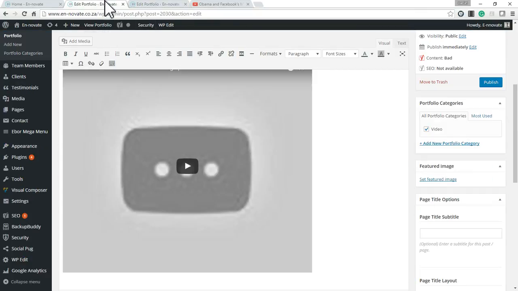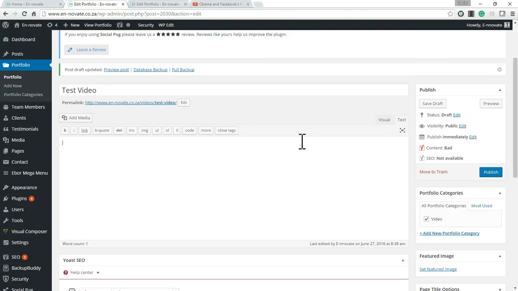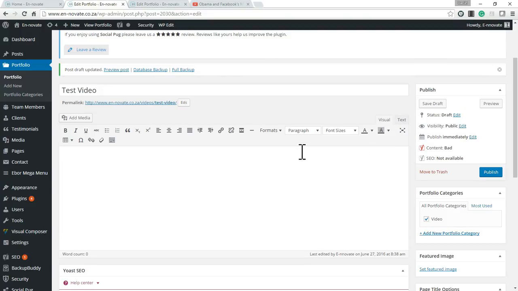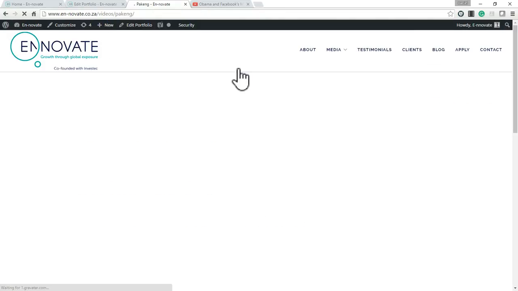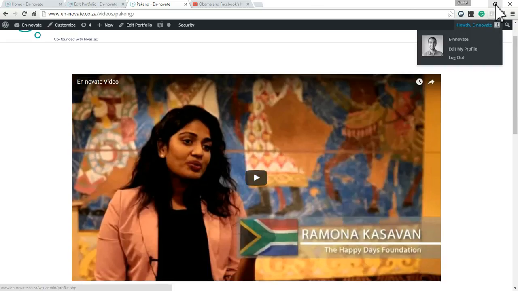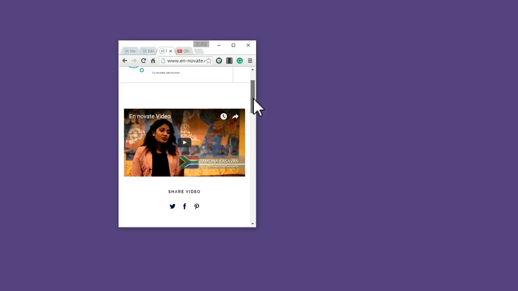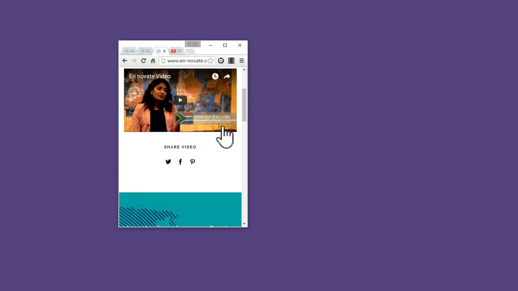So what we're going to have to do is, instead of adding the video as we did, we're going to have to add it as a widget. Let's see if that's possible. Okay, so how we're going to do this so that the video is constrained within the dimensions of the page, which means when we're on mobile view, it'll show nicely, it'll scale down, is we're going to